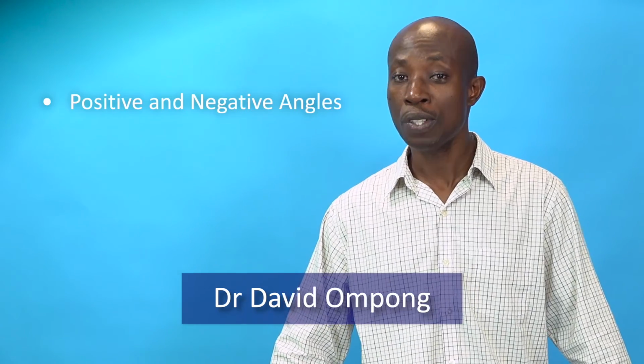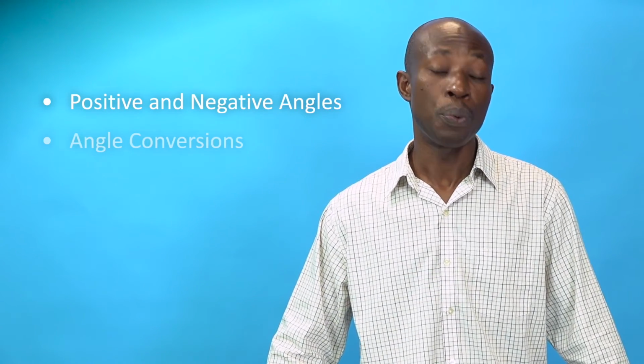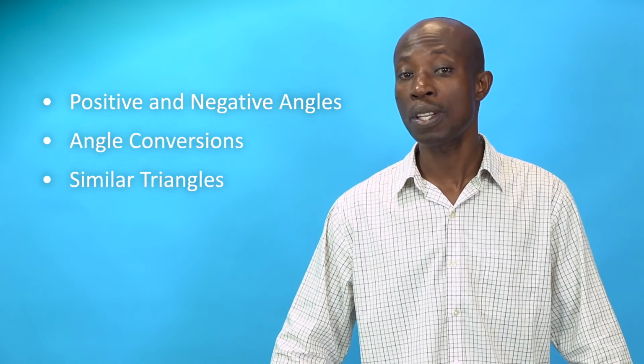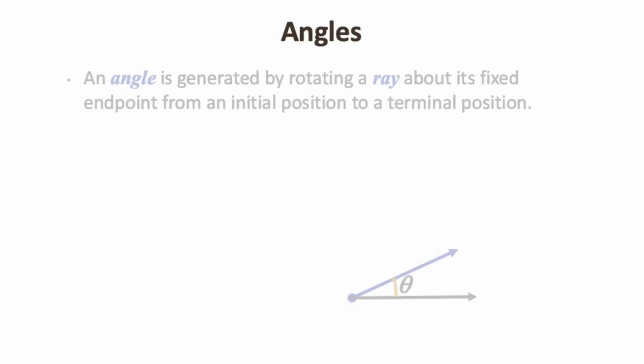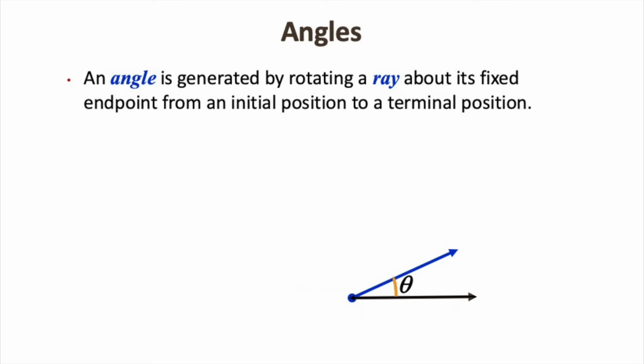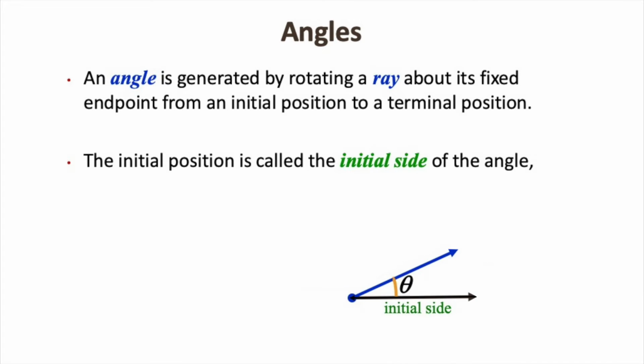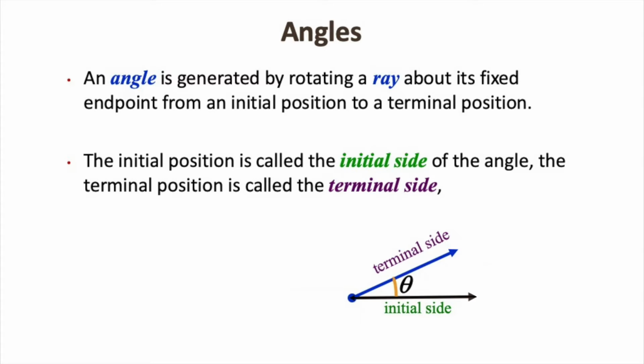Hello, in this video we are going to define positive and negative angles. We'll also learn about the properties of similar triangles. Let's start with angles. An angle is generated by rotating a ray from its initial position to the terminal position